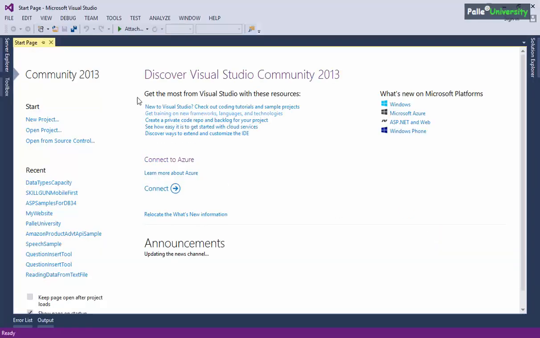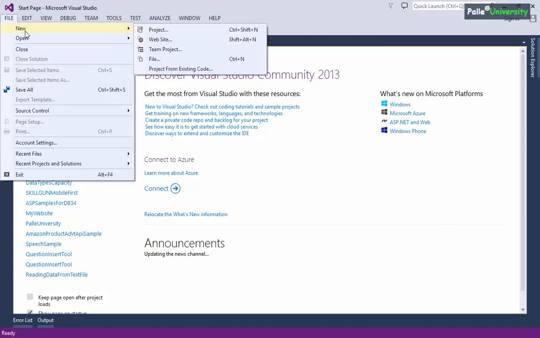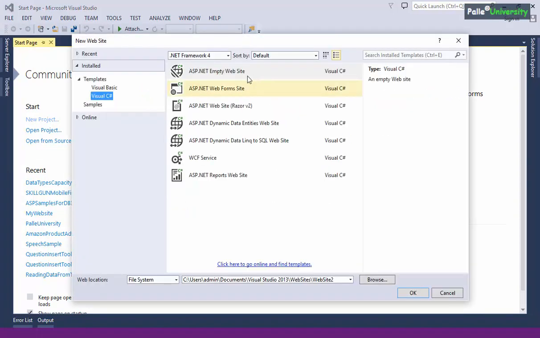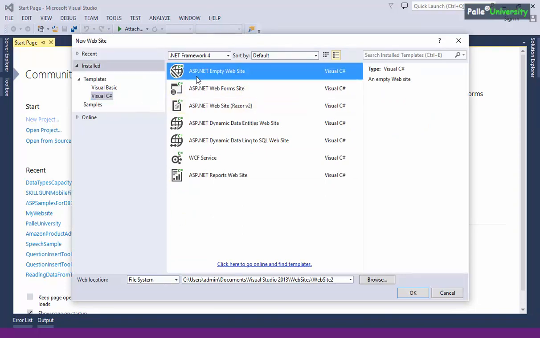Now, I just opened my Visual Studio and let me click on File, New, and I should click on Website option. So once I click on Website option, we must be able to see a new window something like this, and inside this new window, I will select ASP.NET empty website, right? At this point of time, you no need to bother about what is that ASP.NET empty website. In case you are learning ASP.NET technology also, obviously you will understand what it is.